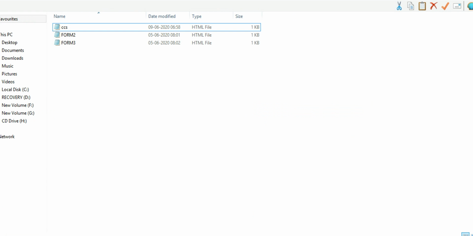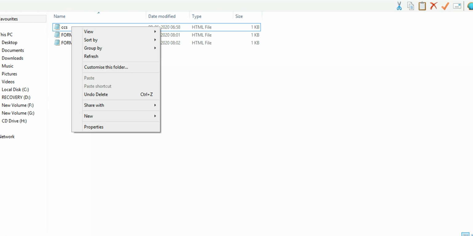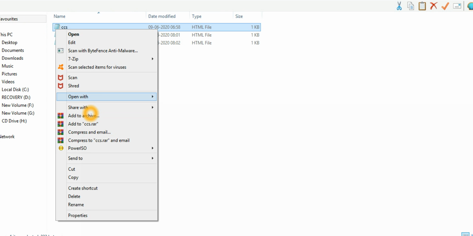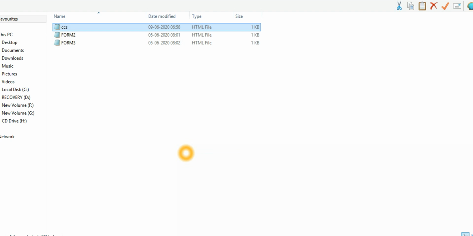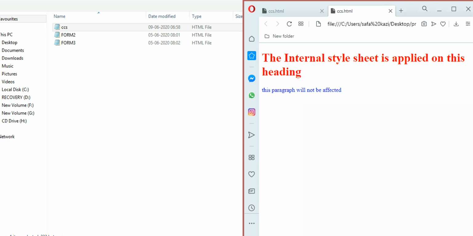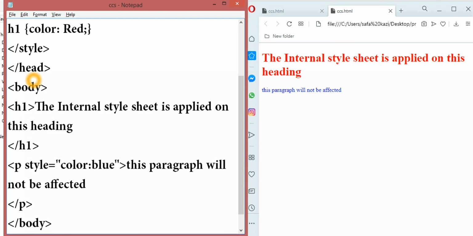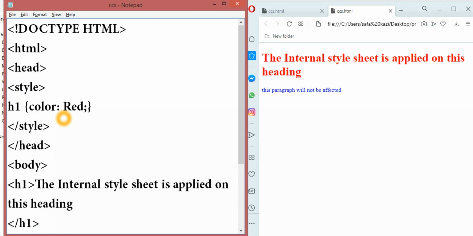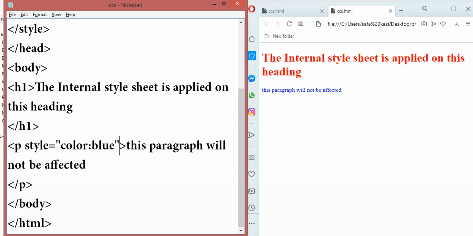I'll run my practical through the Internet Explorer, so I'm writing my practical here, Opera Internet Browser. So students, whatever you have written, your style color is red, so it is formatting in the red style, and it is used in the H1, the heading style, so it will affect here. Now your paragraph style color is blue, it is used in the inline color. So students, you understand how you can format the embedded and inline style.